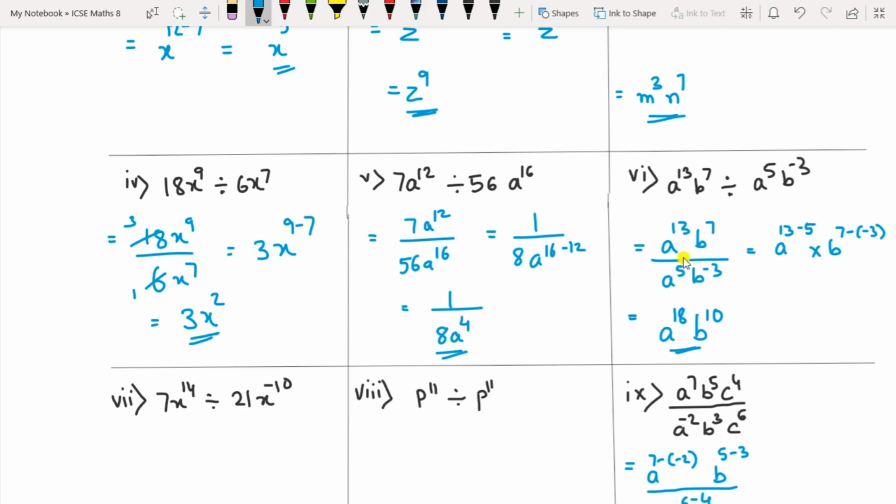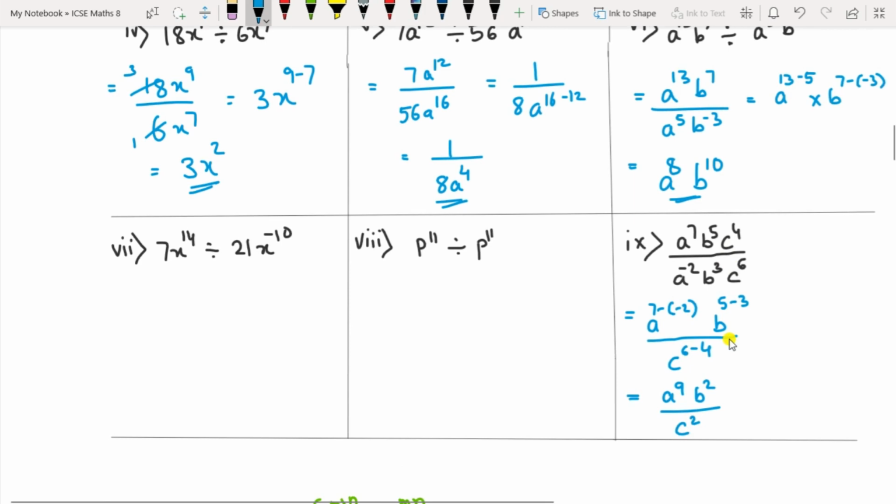So this is also easy. This 13, 5 power will go up, and this 3 minus 3 will also go up. Minus becomes plus. The answer is a raised to 8 and b raised to 10. Okay. The next question is